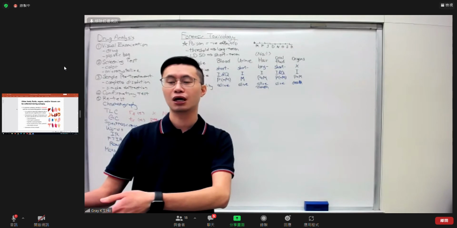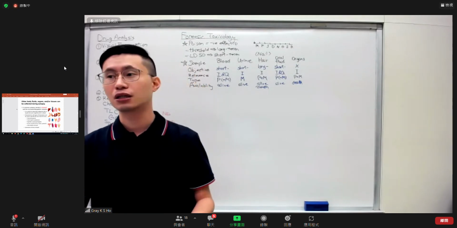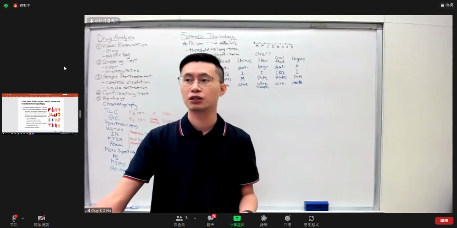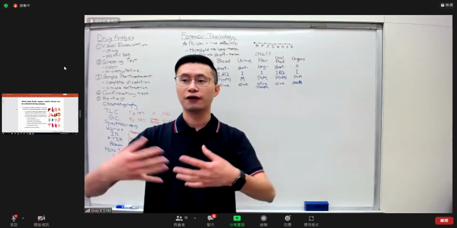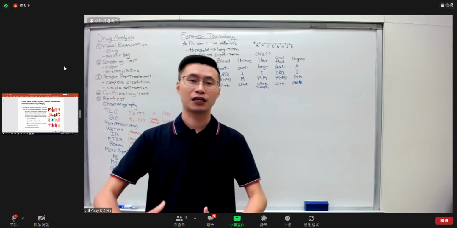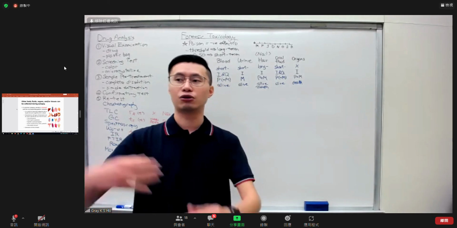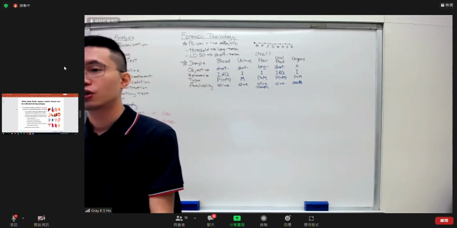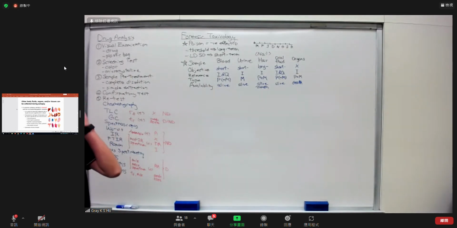Because you can imagine, if someone has died, then the digestive system will stop. So if you can find something in the stomach, that means within 2 hours. If there is nothing in the stomach, then that will be more than 2 hours. Other than that, if you cannot find anything in the stomach after the digestion, there